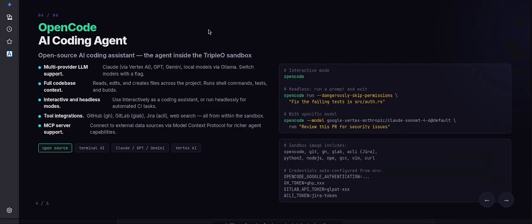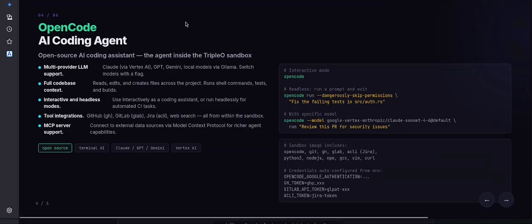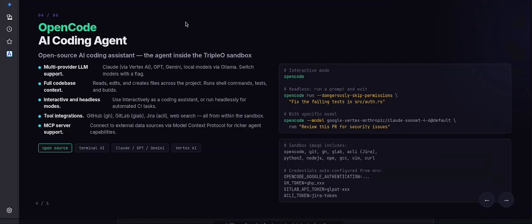And as I said before, it has two modes: headless for running an autonomous agent with one prompt, and interactive mode for running for a developer with user interaction. It has all tool integrations that we have in the sandbox with GitHub, GitLab, and Jira, and anything else. And of course, it has MCP support and skill support and everything.